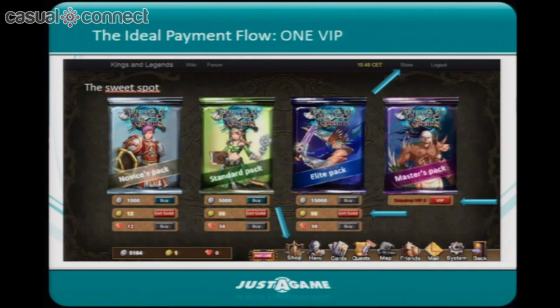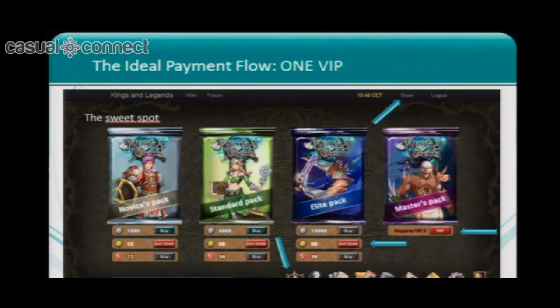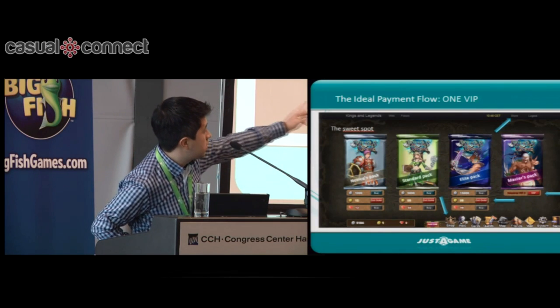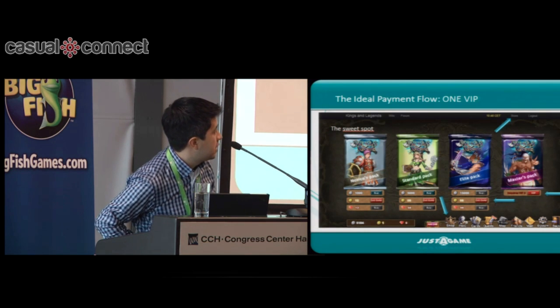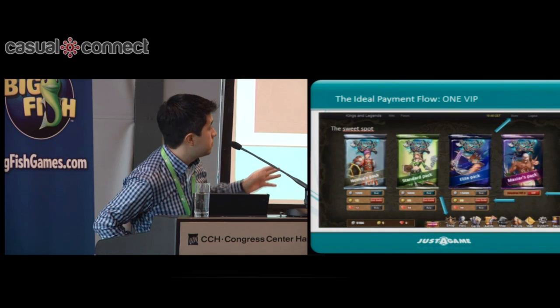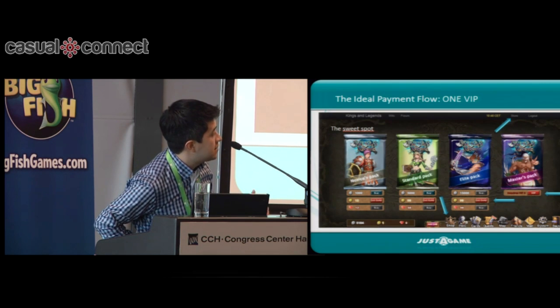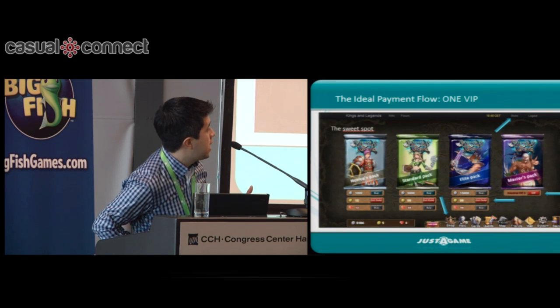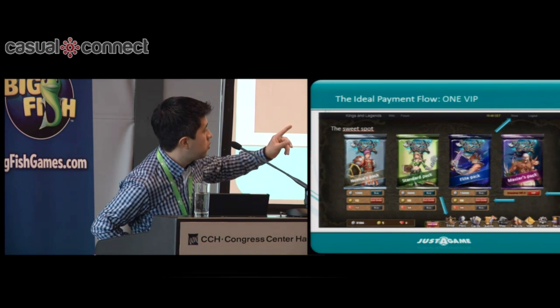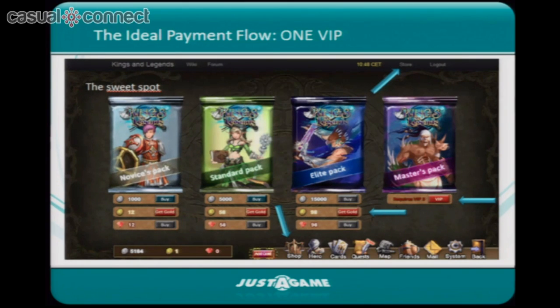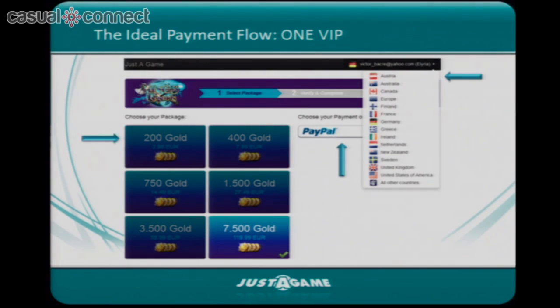In this part of the game is where the user buys four different types of packages, from the most basic one to the most sophisticated one. So you can see here more or less how many steps the user has to take in order to buy a new package. He has to see which one he wants. He has to click on Get Gold, on Buy, on Shop on the bottom, or on Shop or Store on the top. Then he's going to be forwarded to this page.